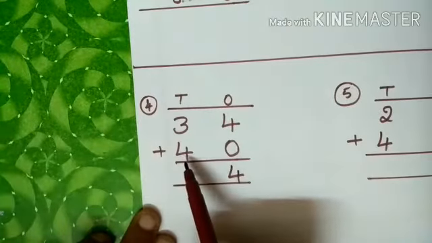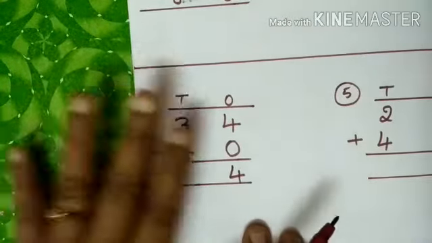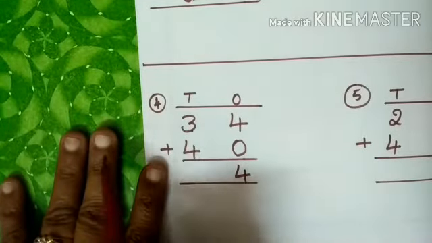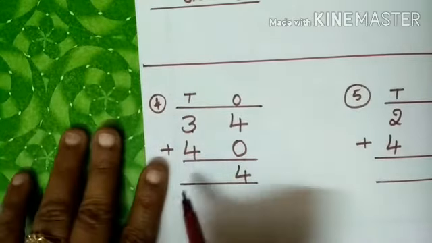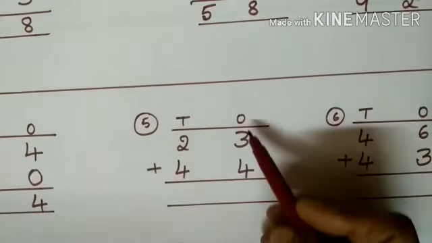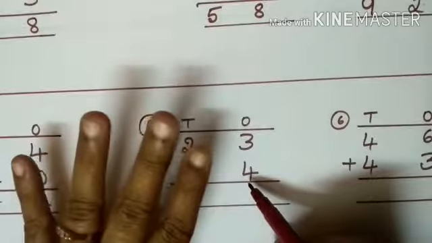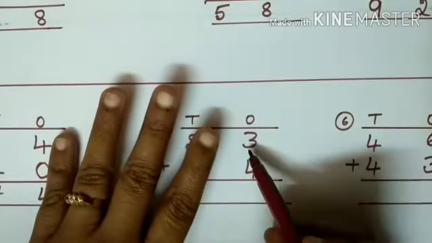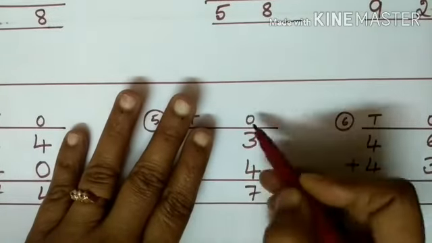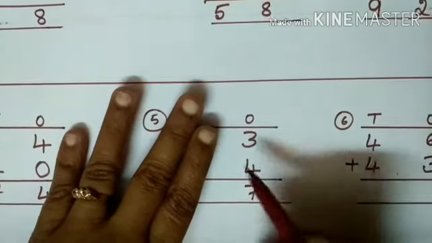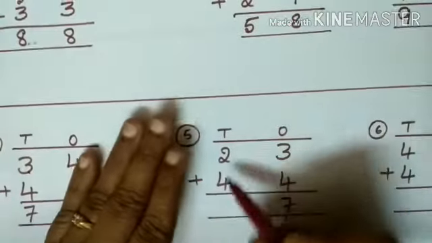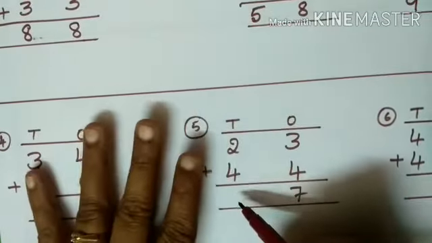Now 3 plus 4 is there. 3 is in your mind. 4 is in your finger. Now 3 after 4, 5, 6, 7. Now you write here 7. Here also 3 plus 4. 3 in your mind. 4 is in your fingers. Now 3 after 4, 5, 6, 7. Write here 7. Always you write once down only. Don't write crassly. Exact down only you should write ones place only, and tens while you are adding write down only. Tens place down only you should write.